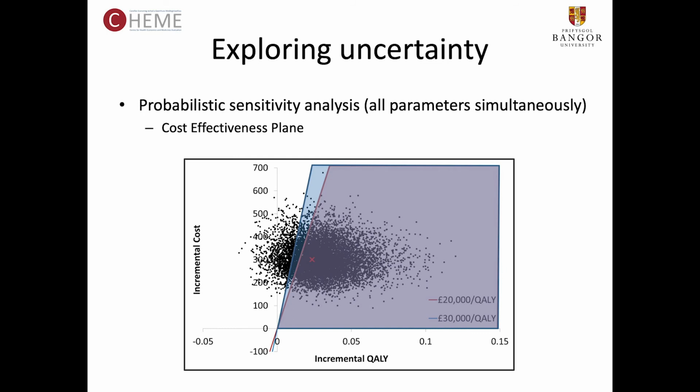I could simulate my data 10,000 times. I would get 10,000 different individual estimates of cost-effectiveness, which are scattered all around that point. And that's what this cloud of dots represents. It's the result of each simulation sampling from distributions of QALYs and costs. The mean point is the same as you would calculate, as you did calculate earlier today, but then there's a